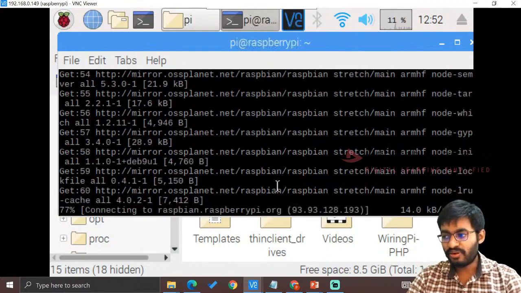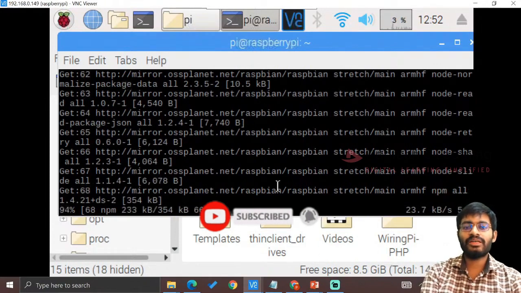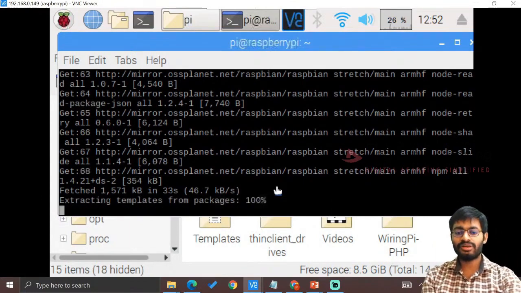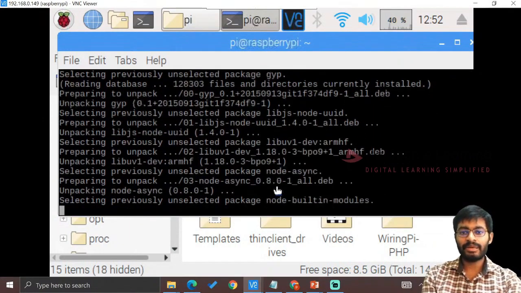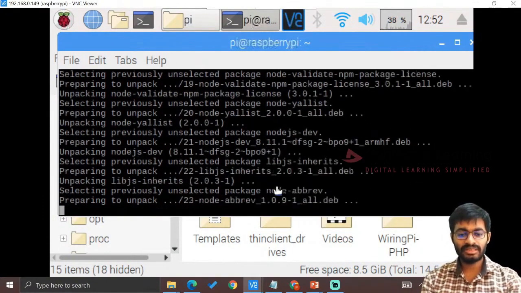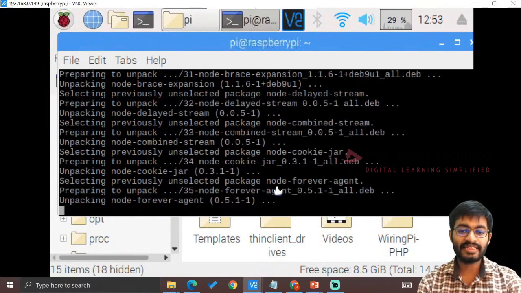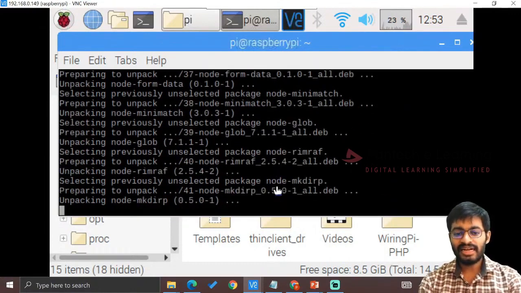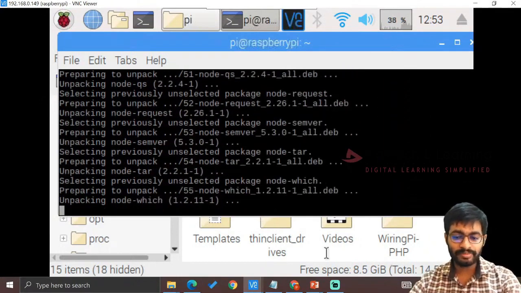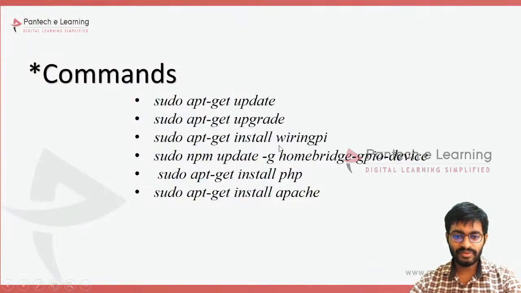For that update and upgrade, whatever the OS, if you are downloading it freshly also, kindly do that update and upgrade, because that OS might have been uploaded to their server about 6 months or 3 months ago. Then there might be some updates released which have to be applied inside this Raspberry Pi. So those updates only we have to make. For that, first we are going with update,